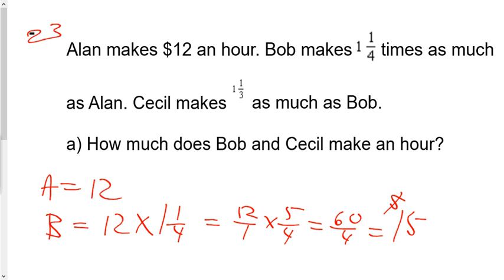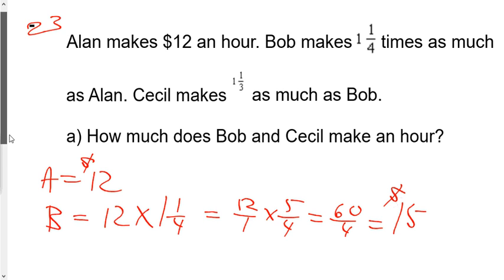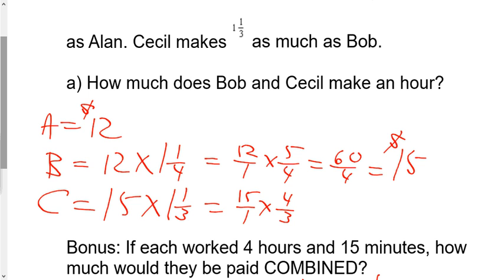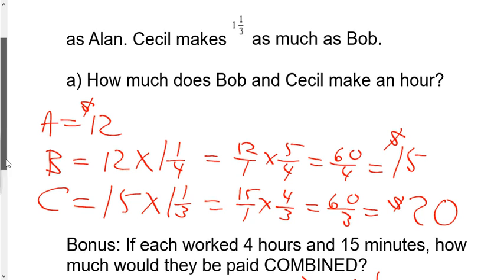So Alan makes 12 bucks an hour. Bob is going to make $15 an hour, and Cecil makes 1 1/3 times as much as Bob. So we're going to multiply by 1 1/3. That's going to be 15 over 1 multiplied by 4 over 3, which is 60 over 3, which is equal to $20 per hour. So Alan makes 12, Bob makes 15, and Cecil, who must be very important, makes $20 an hour. It says if